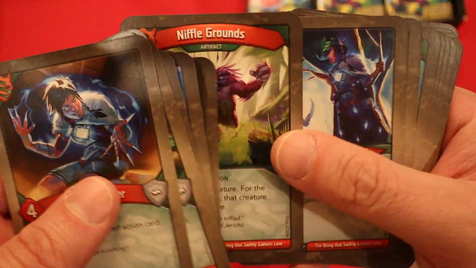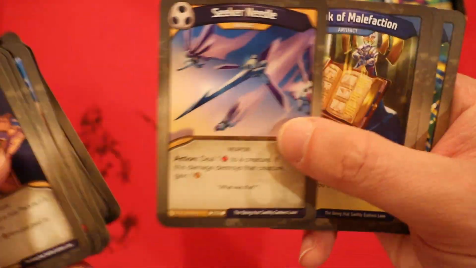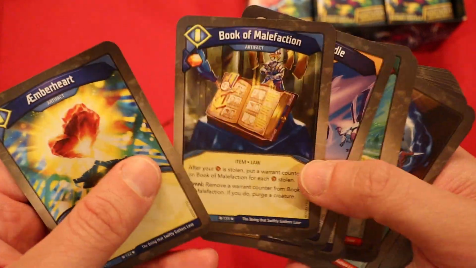You know, I want to pull up the amount of artifacts in here. There was at least 1 in every house. Most houses had multiples. Let's see here. Did I already? Yeah, Secret Needle, Book of Malefaction. Wow, every house actually had 2 artifacts in it. That's pretty cool. This really helps speed through your deck on a second go around, and these are just really